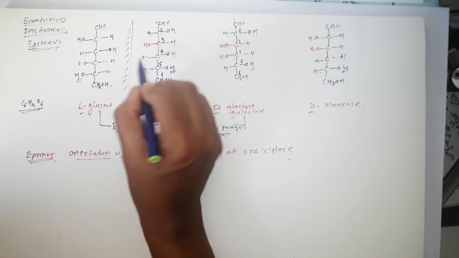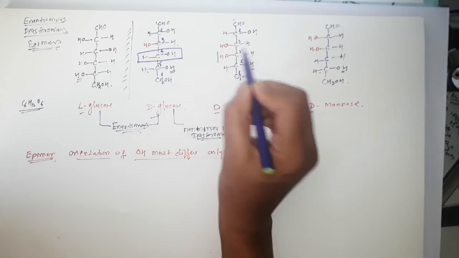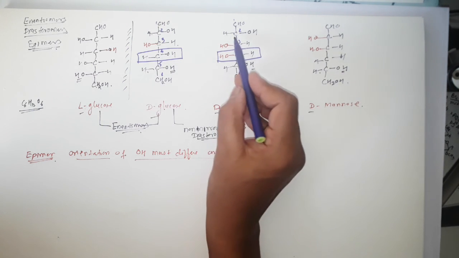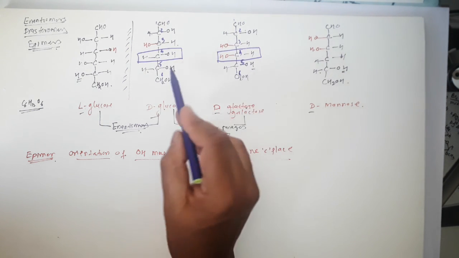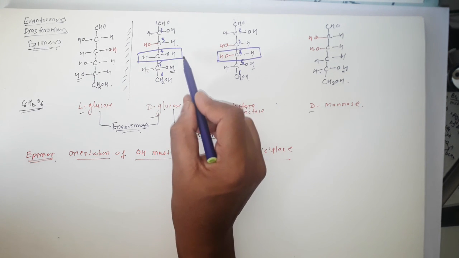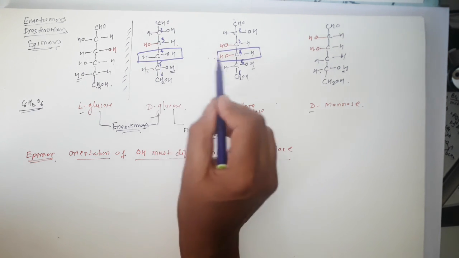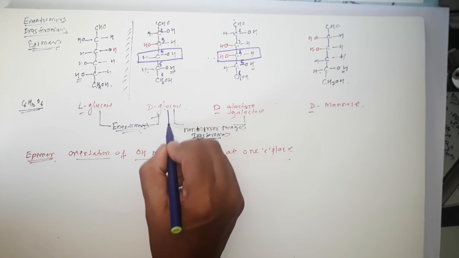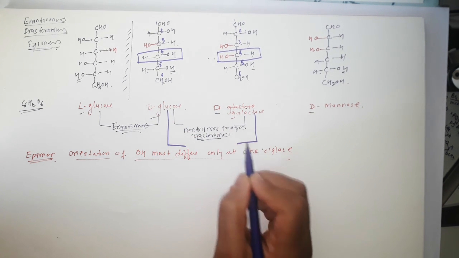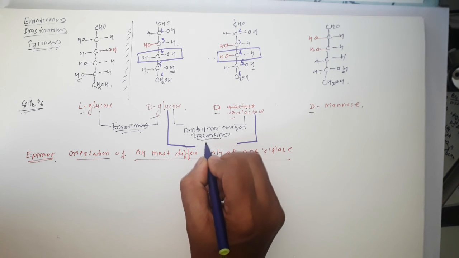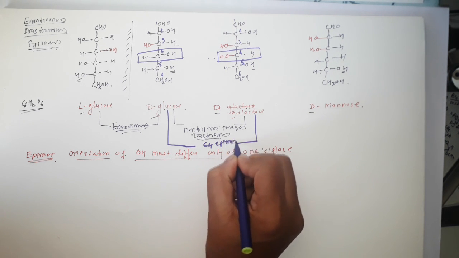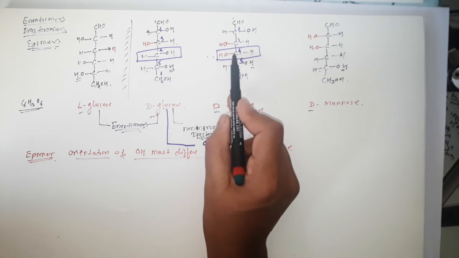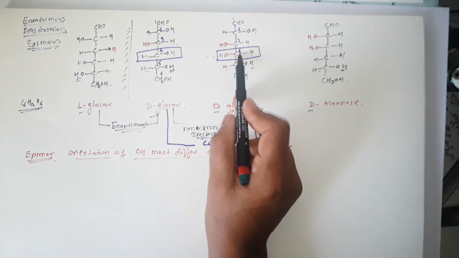If you observe carbon number 4, carbon number 2 has the same orientation, carbon number 3 the same, carbon number 5 the same, only the orientation at one carbon atom is changed, and therefore glucose and galactose are C4 epimers, because at C4 the orientation of OH is changed. Now if you can see,